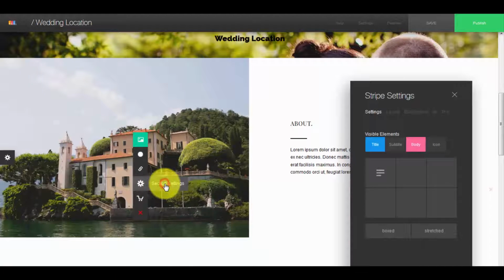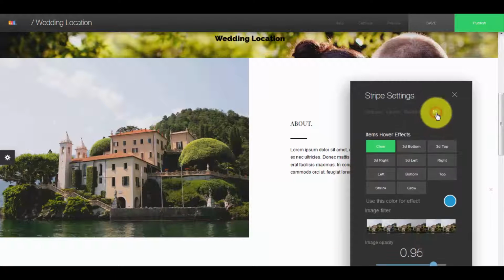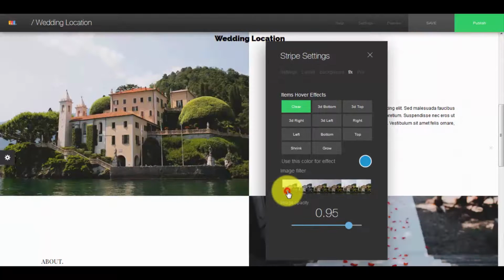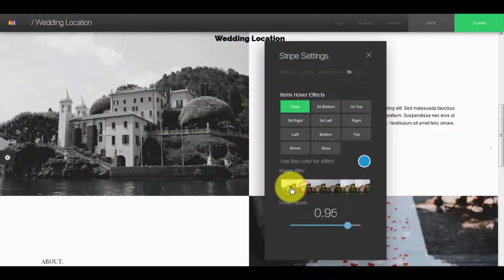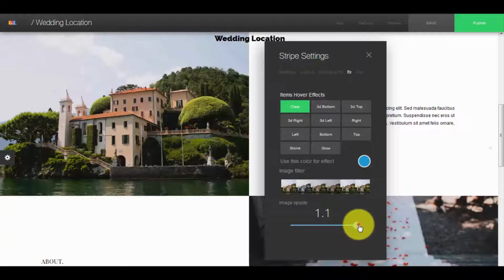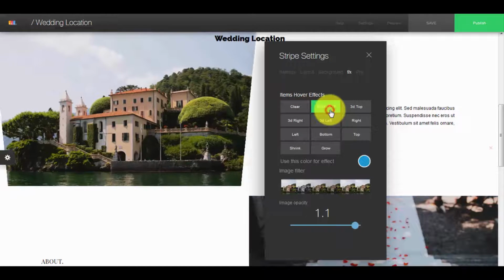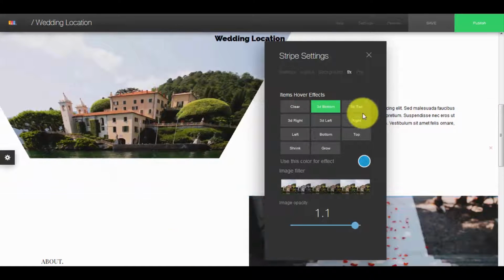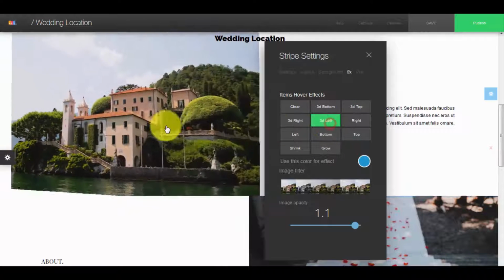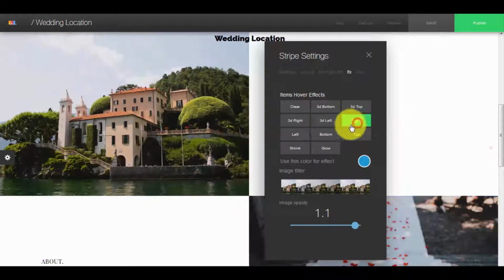And you just have to come down to there and do FX. And you see here we have our filters. So you can see I can add filters directly to the images inside if I want to play around with the look. Here's the opacity. If I want to change the opacity of the image on the page as well, I can do that. Hover effect. It's just different things that will happen when the mouse hovers over. So you can see we have all these different options for